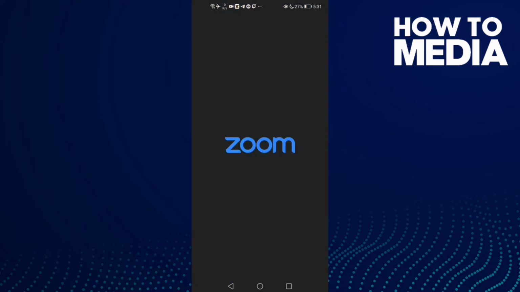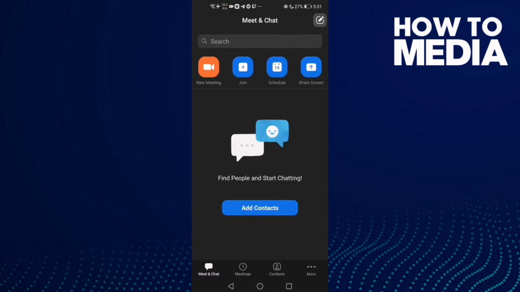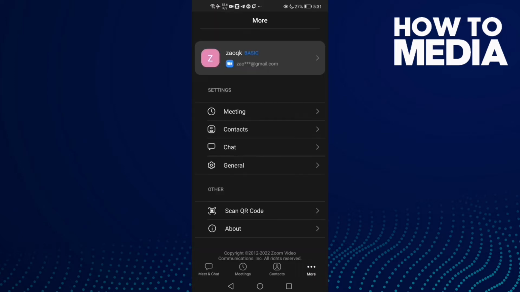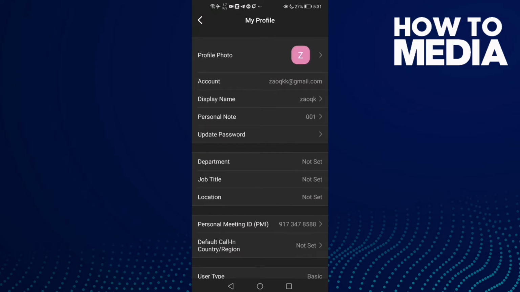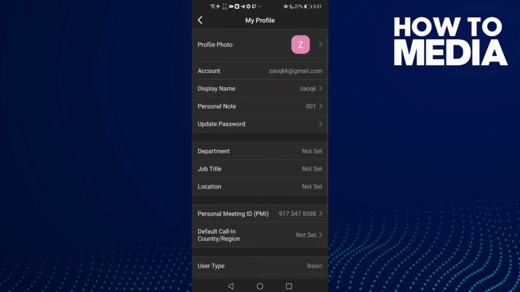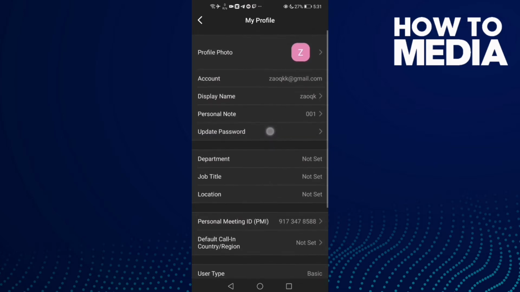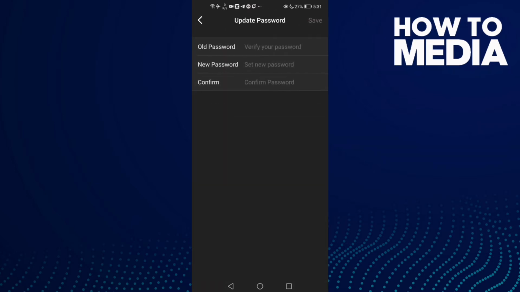First go to Zoom and then click these 3 points here, and now click this one, and now all you need to do is just find this one here, update password, and here you need to